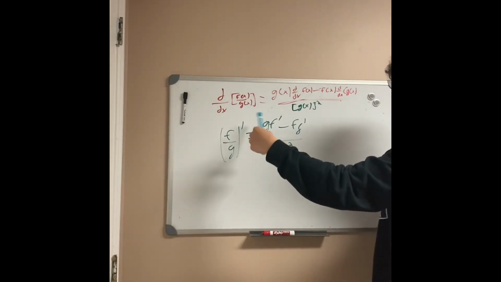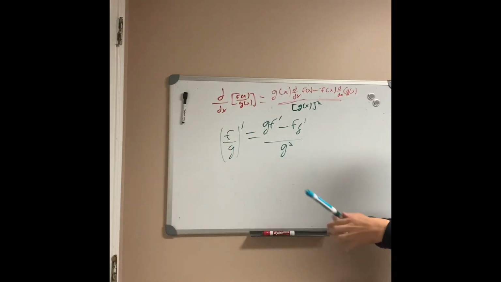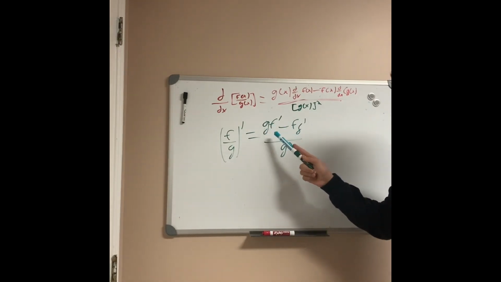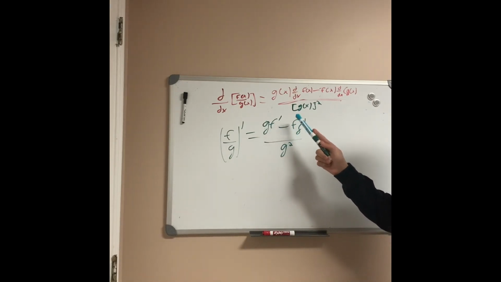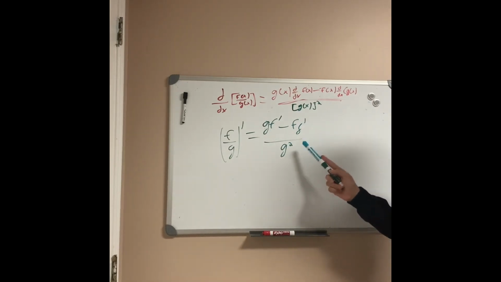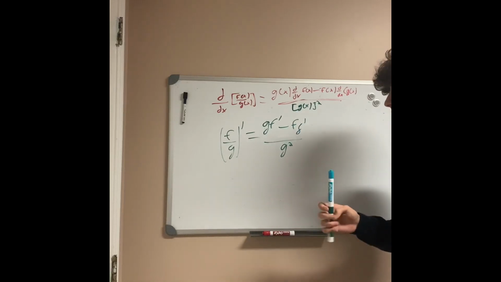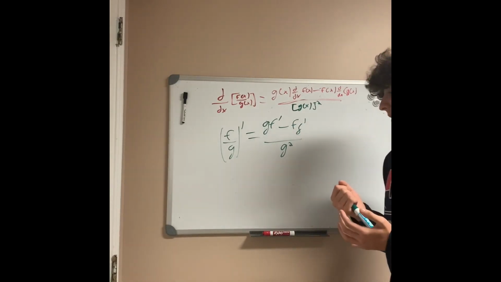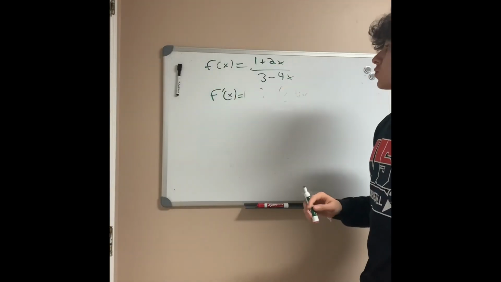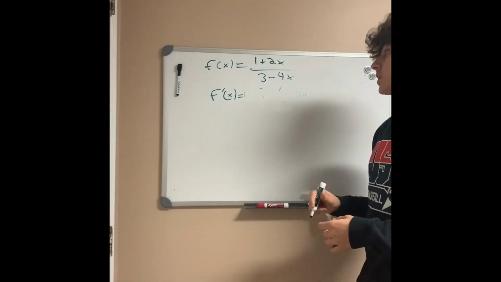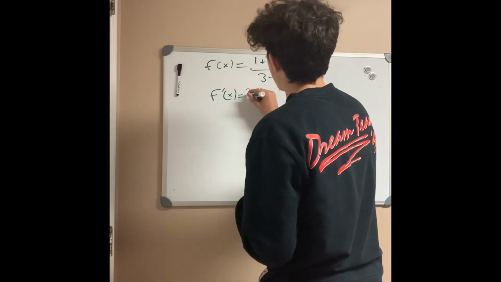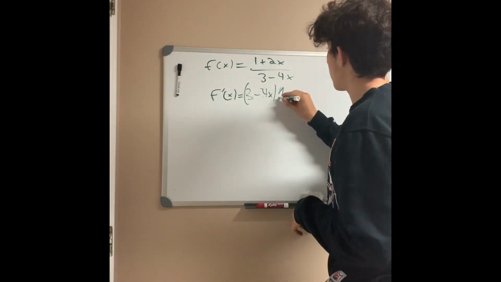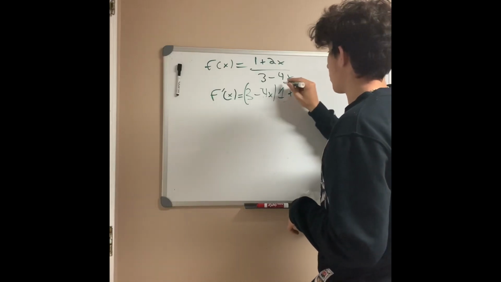As before, these are the same exact thing, just shown differently. So the derivative of f over g is equal to g times f prime minus f times g prime, all divided by g squared, as I said before. It's a little confusing, but once you show practice, it will all come back to you guys. f of x equals 1 plus 2x divided by 3 minus 4x. So we're going to start with 3 minus 4x times the derivative of 1 plus 2x, so prime it,